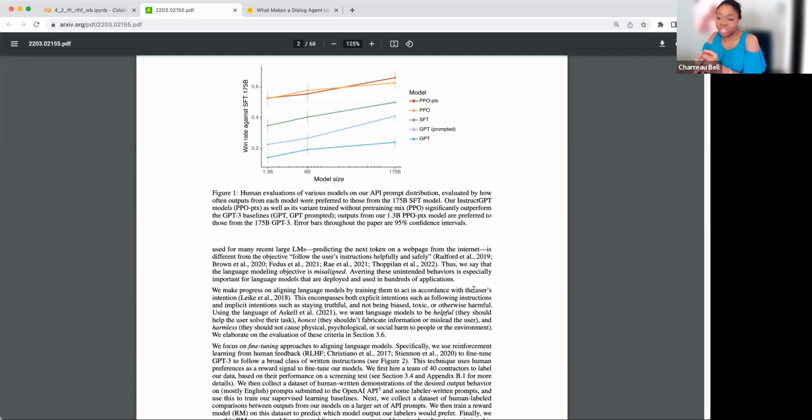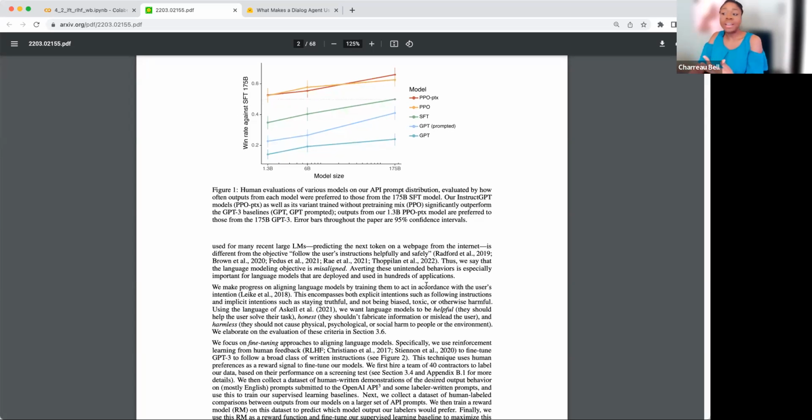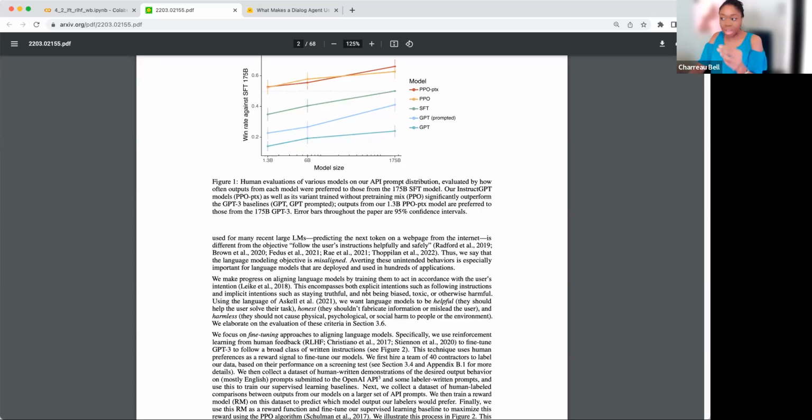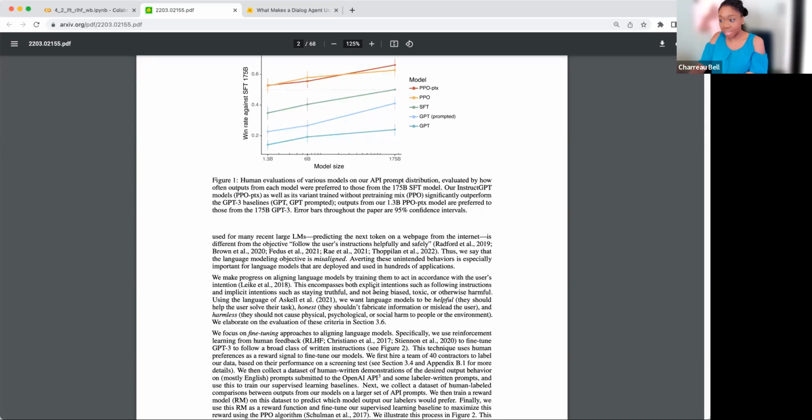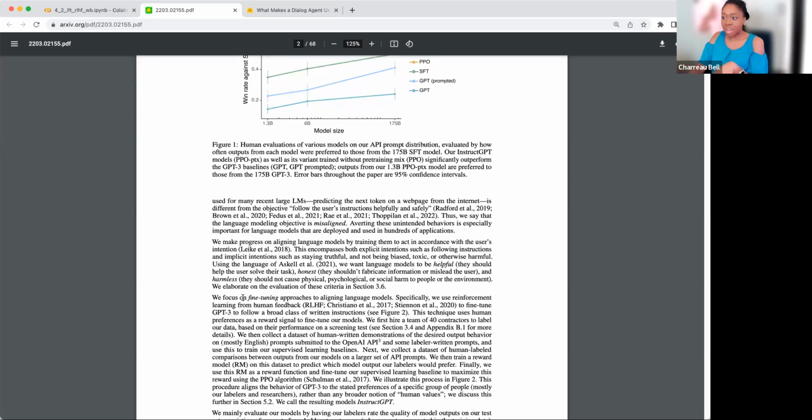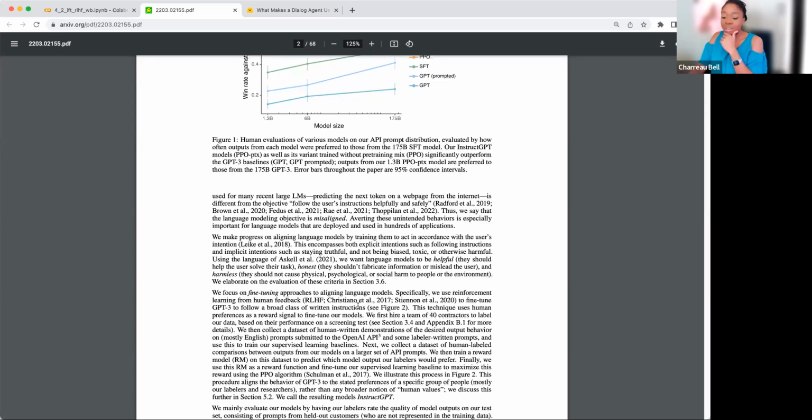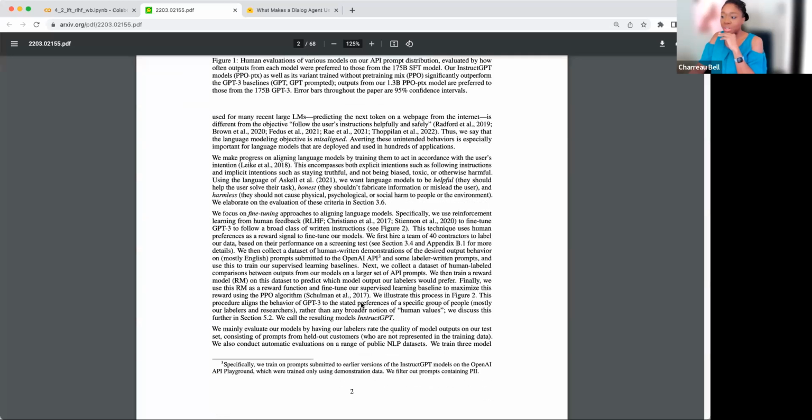I know a lot of researchers here are talking about models for themselves to generate parts of books and things like that. But if this is something that would be used by a wider amount of society, then OpenAI has some really great statements and guidance on how one can think about embedding that kind of information in the model, and it also talks about how they specifically did that. This paper is talking about the whole training space, but particularly the supervised fine tuning and the reinforcement learning from human feedback.